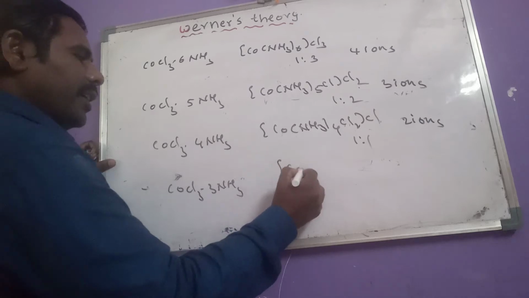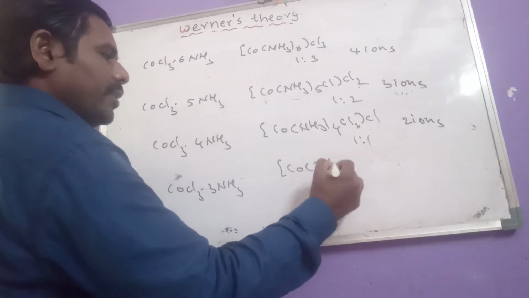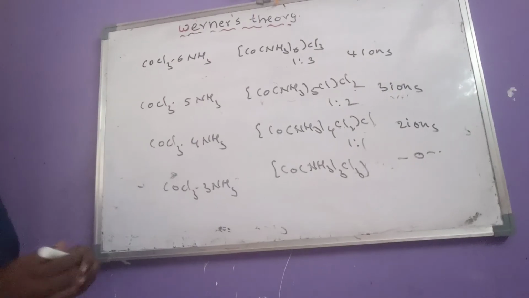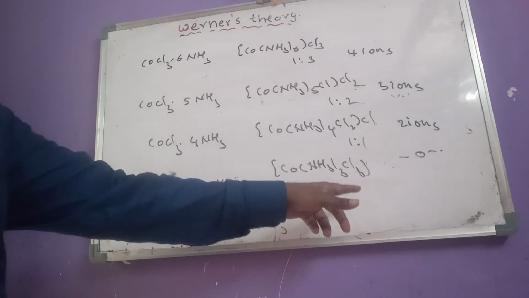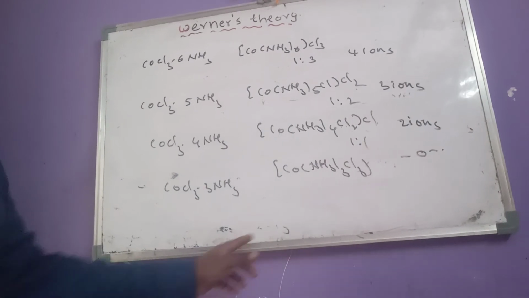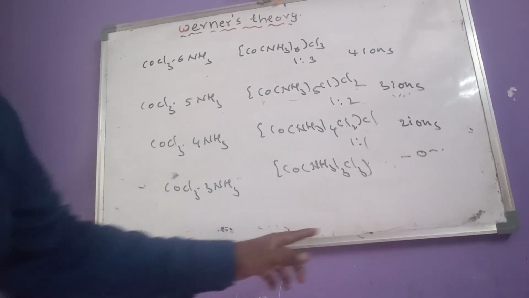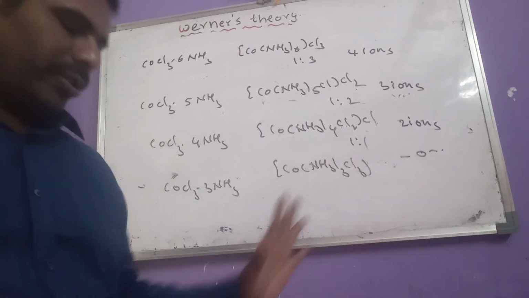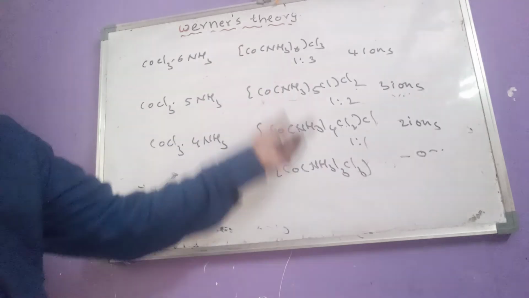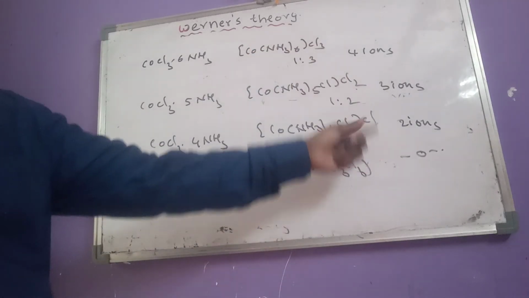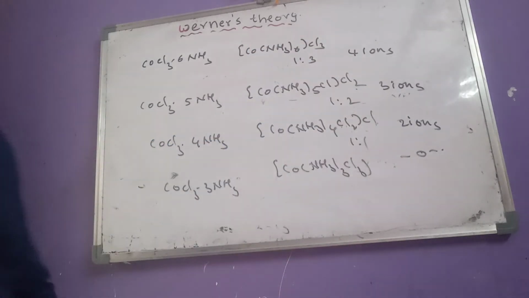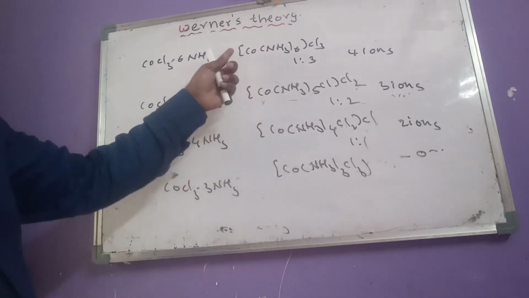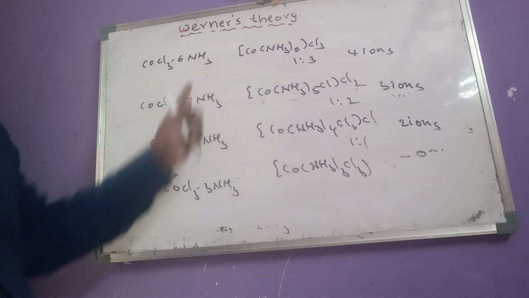CoCl3.3NH3. Its structure can be written as [Co(NH3)3Cl3]. 0 ions are produced. So it acts as a non-electrical conductor. It is not an electrical conductor because no ions are produced here. So like that we can get the number of ions: 4, 3, 2 and here 0 ions. That means electrical conductivity decreases from CoCl3.6NH3 to